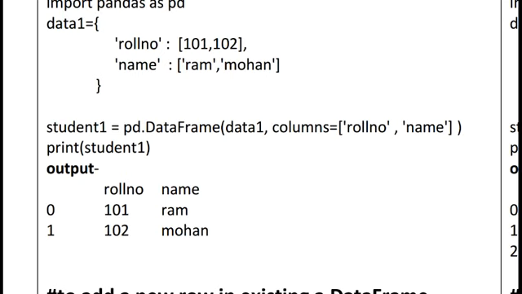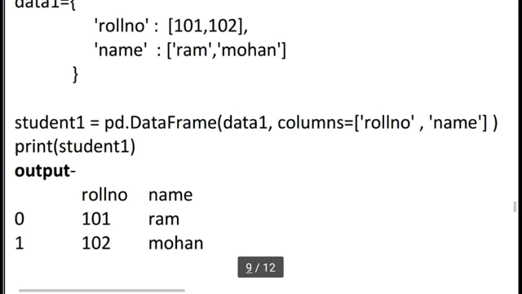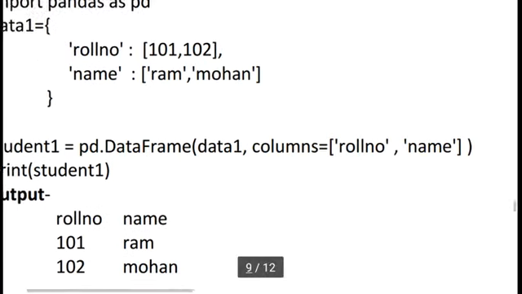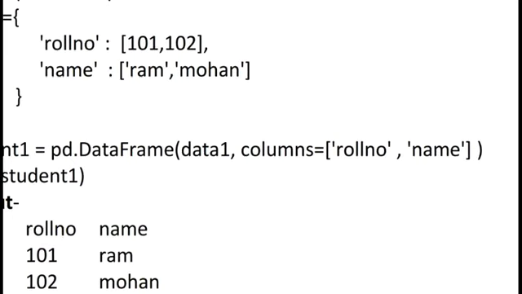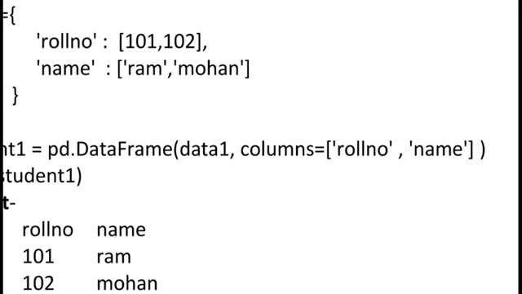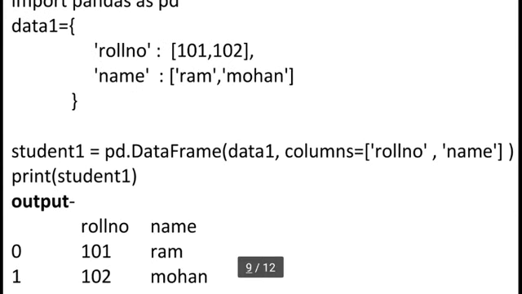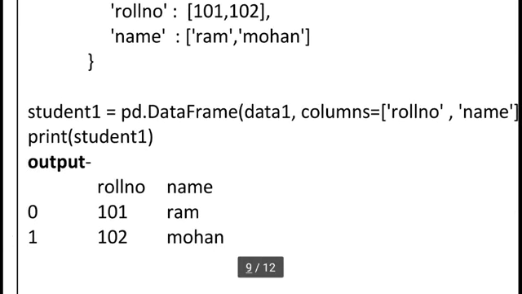For this process I am taking here student1 data frame variable is equal to pd.DataFrame, where I am passing data1 because data1 variable holds our table. Then in this table our column name is roll number and name. Here again I am mentioning columns, this is not important, we can skip this, but for easy understanding I am using comma columns is equal to, in square bracket is important, roll number, name. So data frame we already created many times before, so this is a simple thing, and we can print the student1.